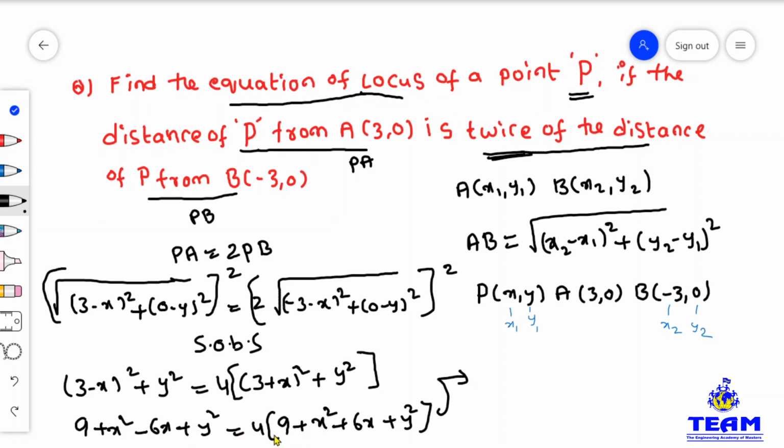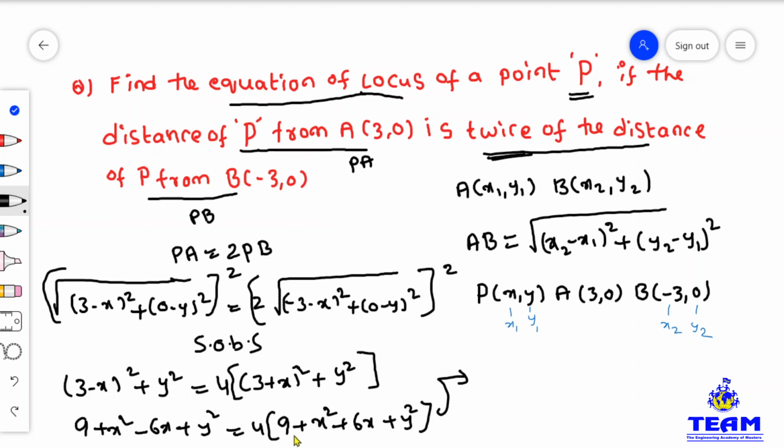So friends, always to simplify, first we have to consider the highest degree terms. Here you see the highest degree term is x square, y square, degree 2. On the left side also we have y square and x square. If you take the left side terms to the right side, then 4x square plus x square will become minus x square. I will write one side, later I will simplify.